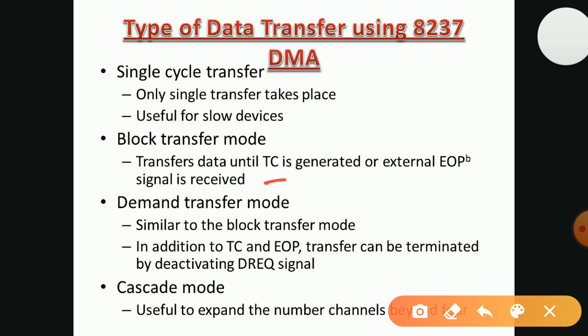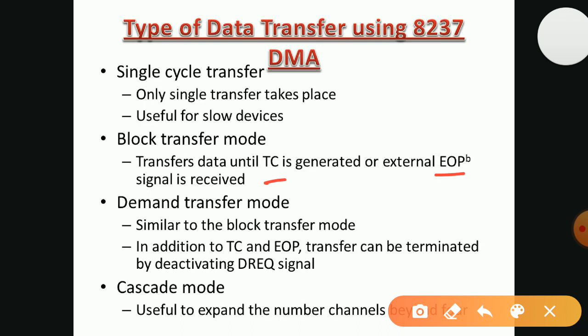When your count reaches its terminal position, it immediately sends the control signal TC. Because of this terminal count and EOP, end of process, the DMA can know that the transfer is completed. So in block transfer mode, a total block of data can be sent at a time.